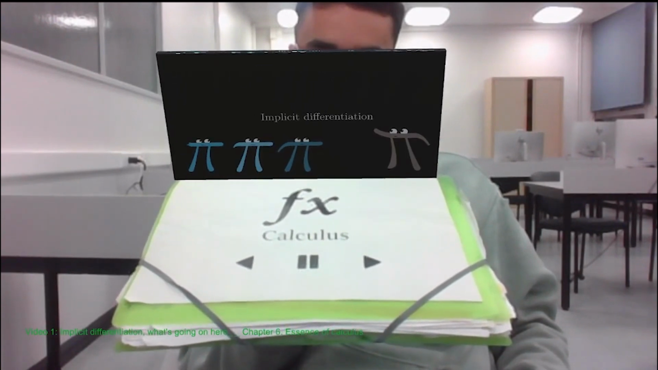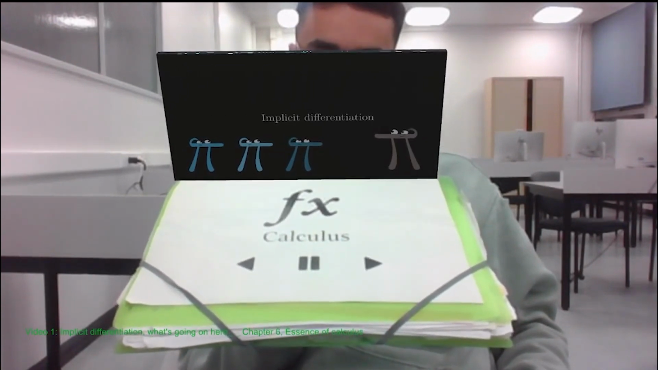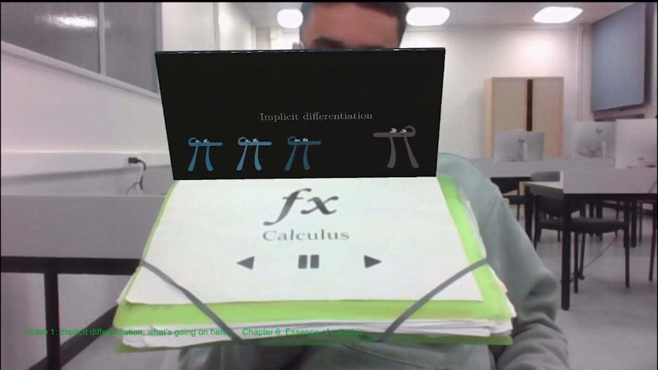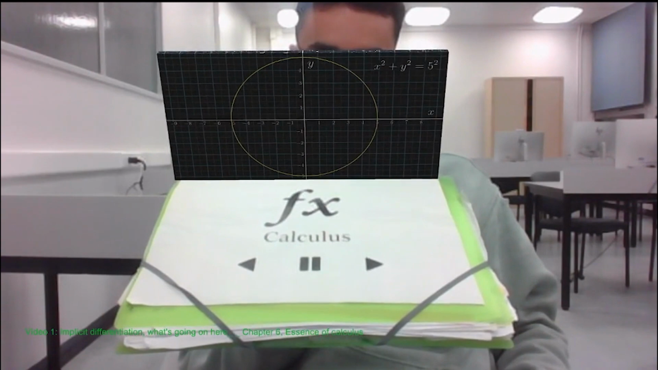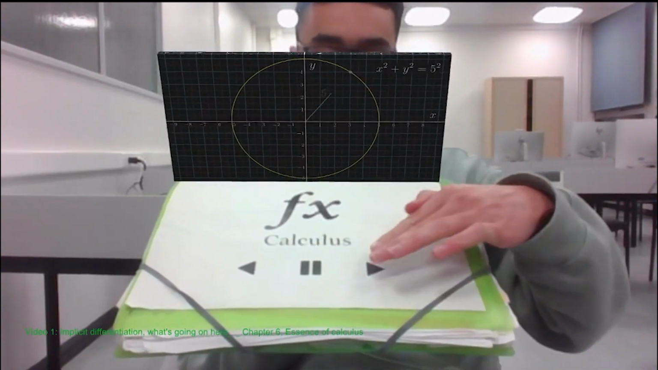Let me share with you something that I found particularly weird when I was a student first learning calculus. Let's say that you have a circle with radius 5 centered at the origin of the xy plane. This is something defined with the equation